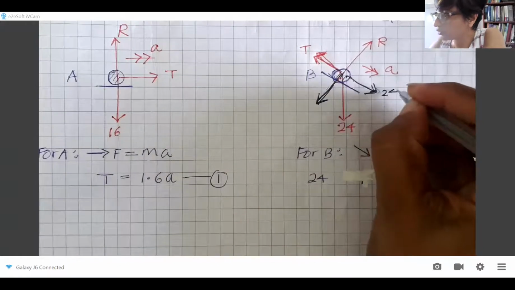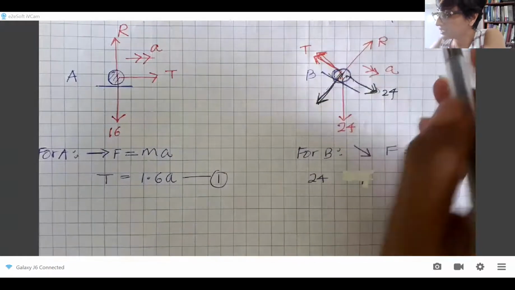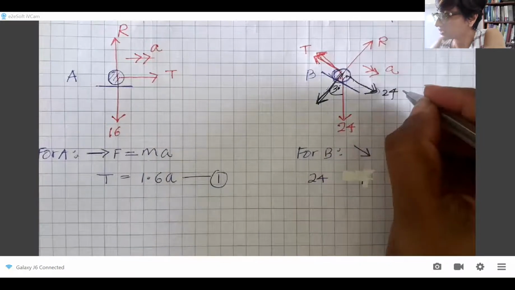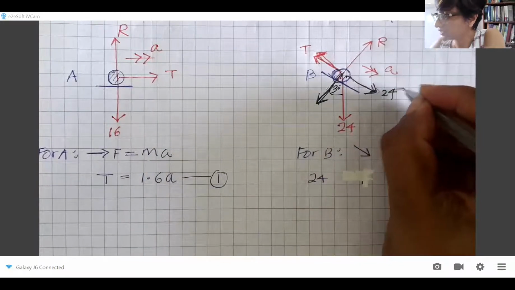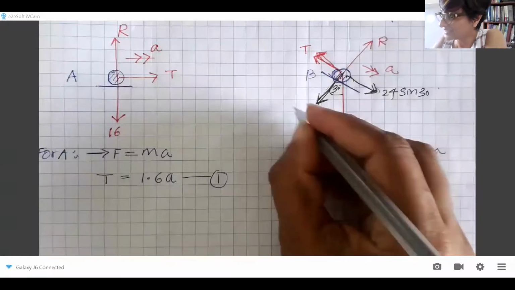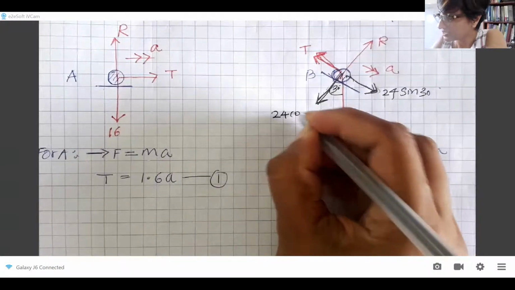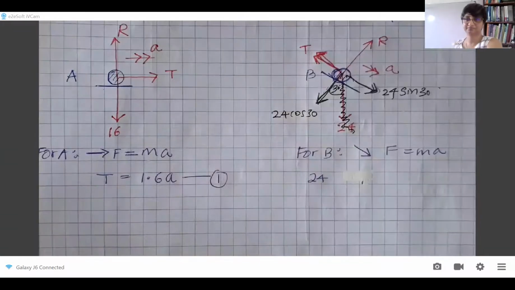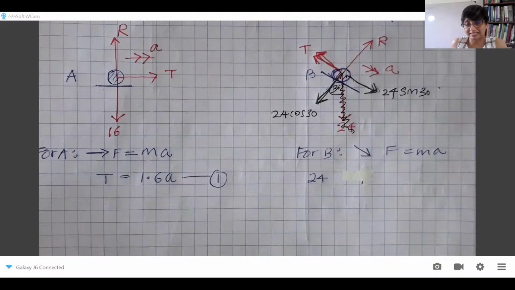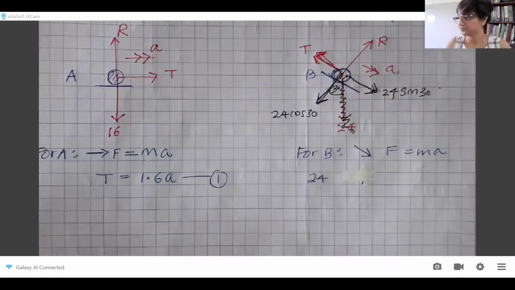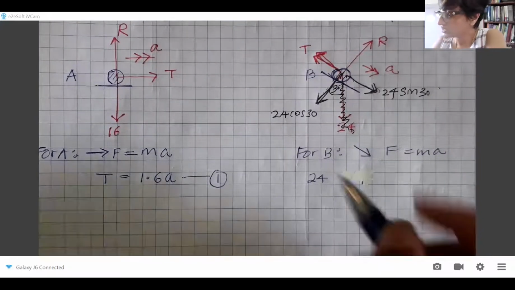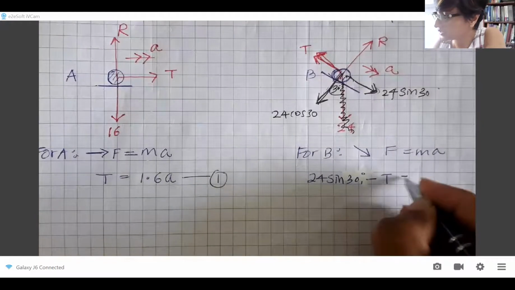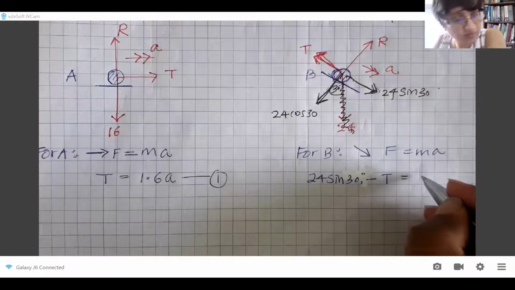This is 24, if that is 30, this is 30. 24, what is that? 24 sine 30. Thank you, Nathan. And this is 24 cos 30. So if you mark those two, this can be removed. You can replace it with the two components. Now, it's 24 sine 30 minus T is equal to, what's the